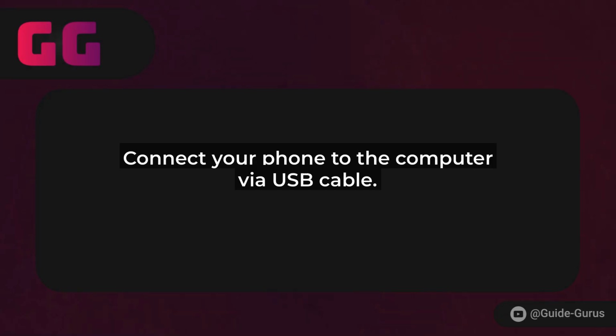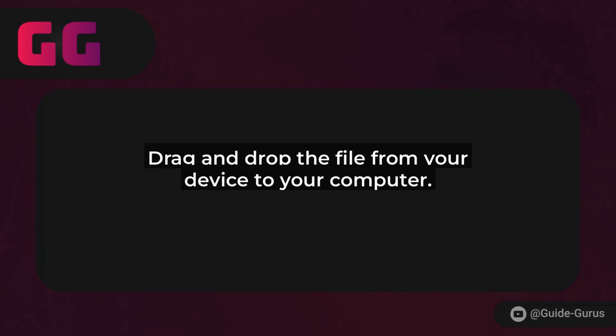Once you have the digital file, let's get it to your computer. If you're using a phone, the simplest way is through a USB cable. Connect your phone to your computer, unlock your device, and select the file transfer option. On Windows, it might pop up in File Explorer. On a Mac, look for it in the Finder. Just drag and drop the photo from your phone's storage to a folder on your computer.